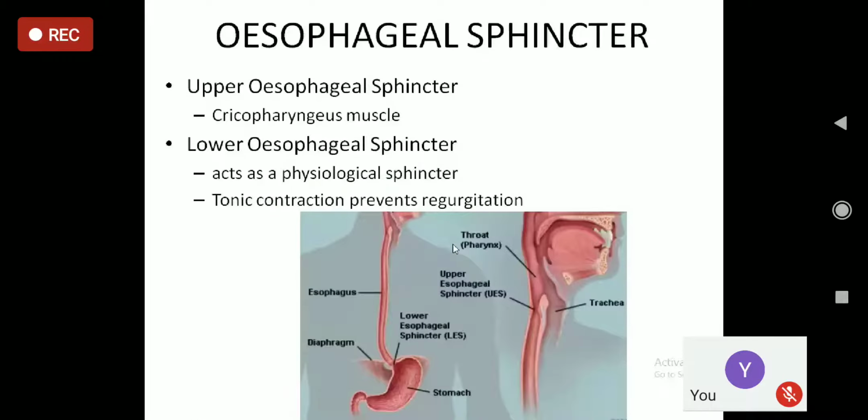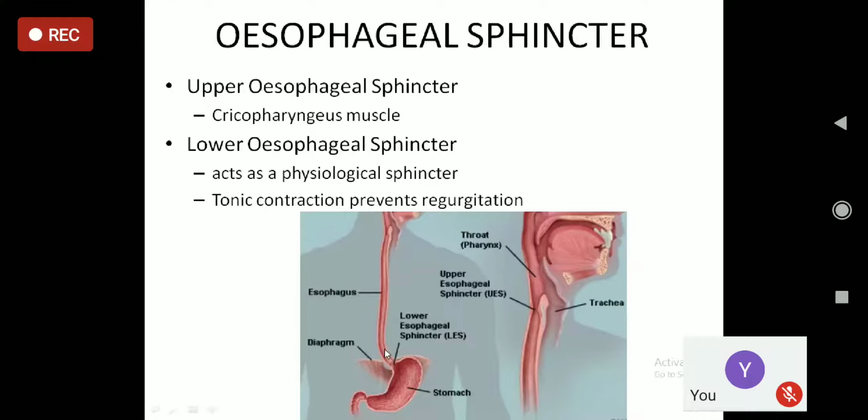Then esophageal sphincter. Esophagus consists of two sphincters, at the beginning and at its terminus. At the beginning is known as the upper esophageal sphincter or pharyngoesophageal sphincter. Okay, where the pharynx terminates and esophagus begins, that is the pharyngoesophageal sphincter, known as the upper esophageal sphincter, and actually it is formed by the cricopharyngeus muscle. So the upper esophageal sphincter is a complete anatomical sphincter formed by this cricopharyngeus muscle,